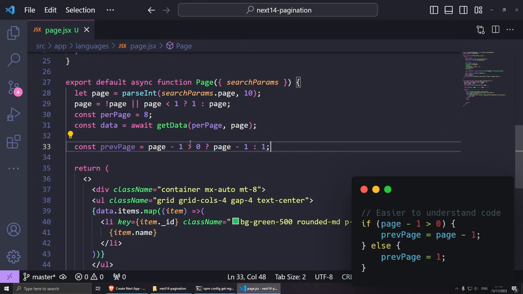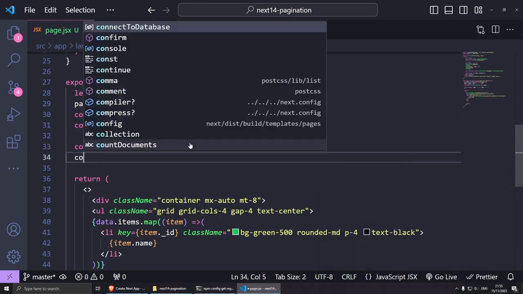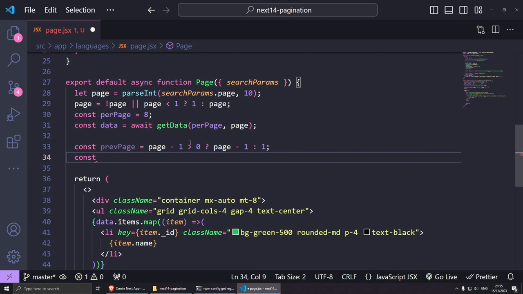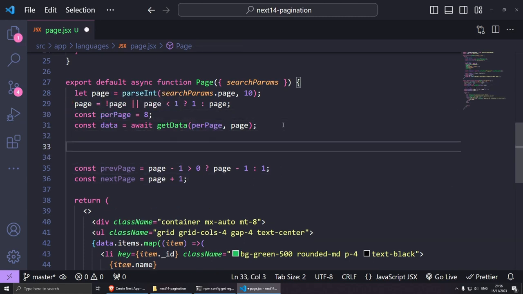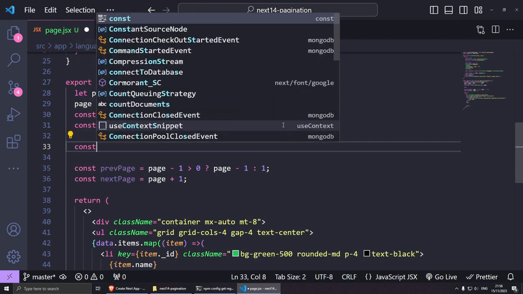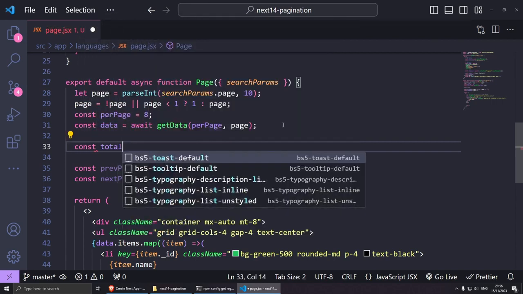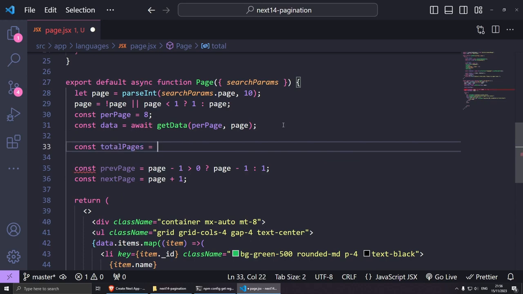Then after this, we can do the next page. So that's going to be const, and this one is going to be easy. We're just going to do nextPage, and it's going to be equals page + 1. But for the next link, we also need to calculate how many total pages we have depending on the number of records. So what I'm going to do here is const totalPages equals,